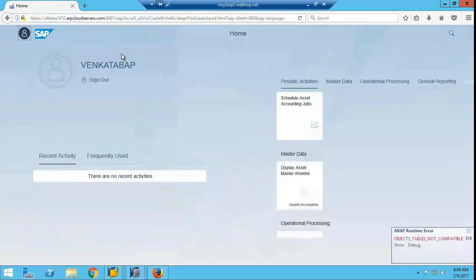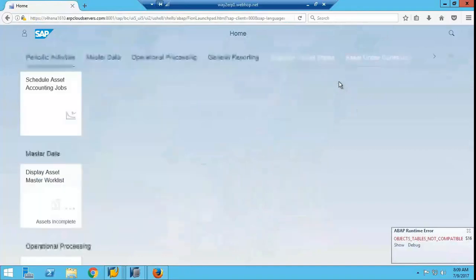See, Venkata Web, master data related apps.